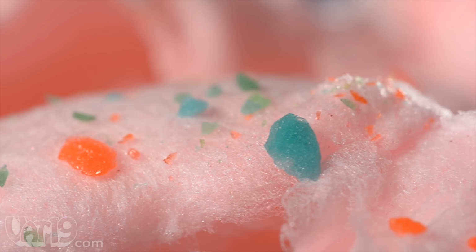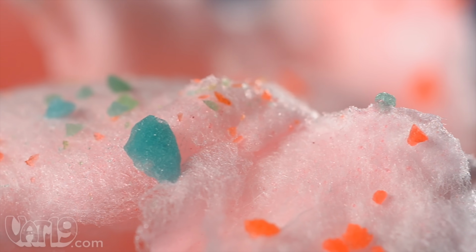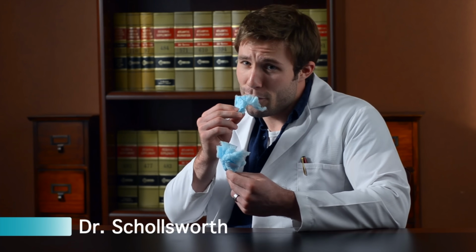Each delicious flavor of cotton candy is paired with a combination of assorted Pop Rocks for a one-of-a-kind experience that you can taste, hear, and feel. The ingredients are sugar, artificial color, and artificial flavors. It's not exactly good for you, but